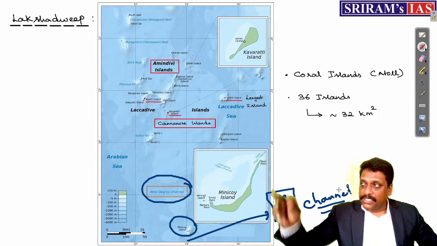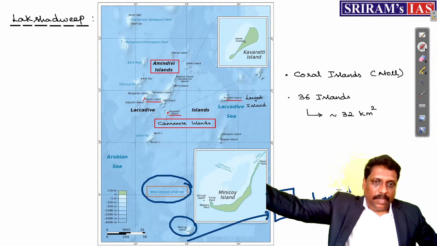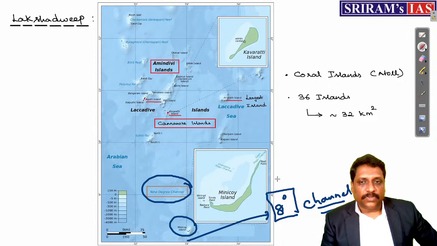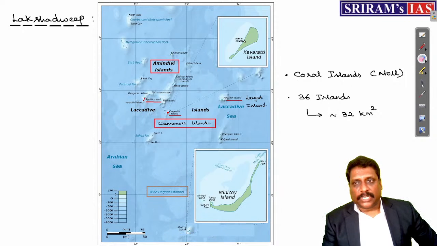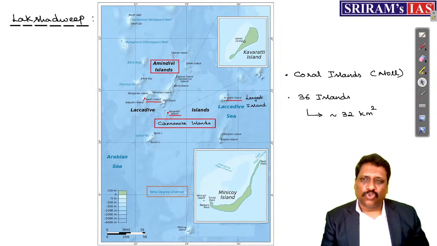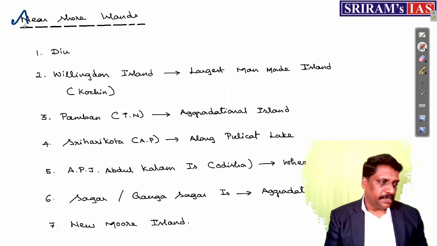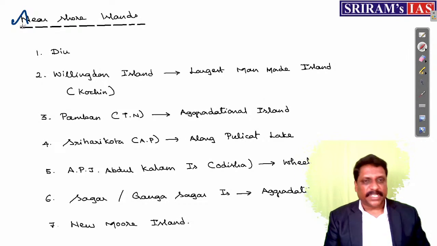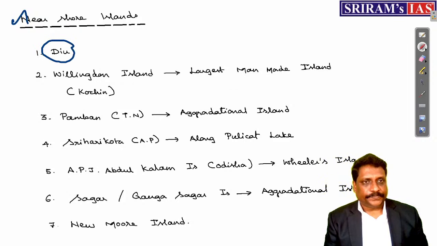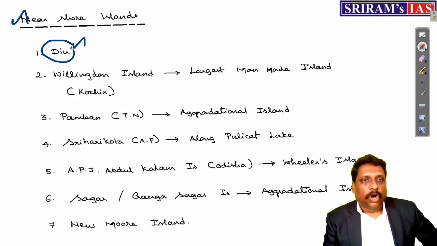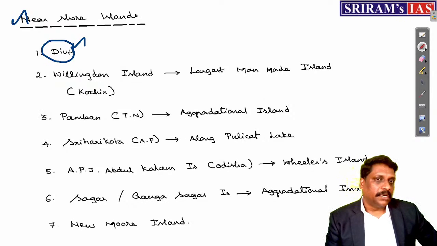Okay. What is 10-degree channel? Andaman. What is 9-degree and 8-degree channel? Lakshadweep. But 8-degree is very, very important. Okay. Right, my dear friends. So Lakshadweep is done. Andaman is done superficially. Now talking about some of the very important near-shore islands, only the prominent names I'm taking. Diu. Diu itself is a political unit off the coast of Gujarat, a continental island.